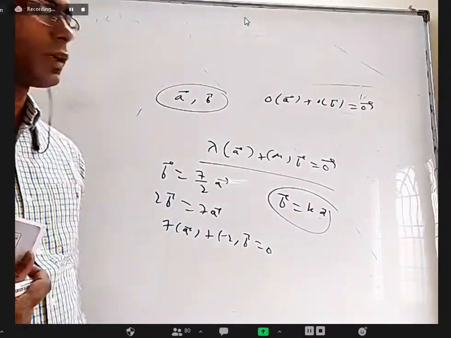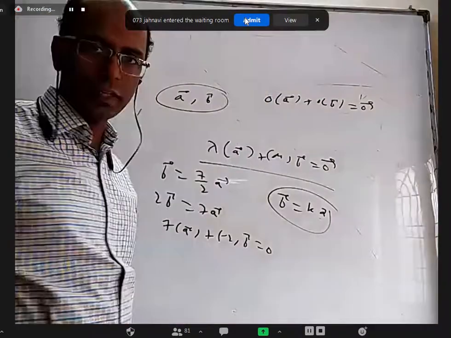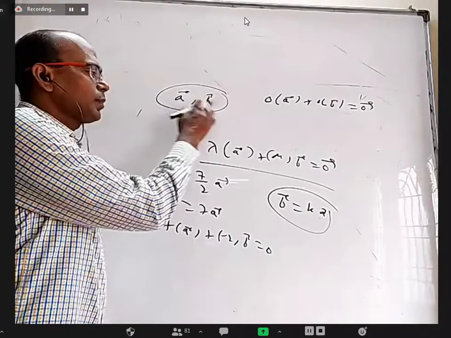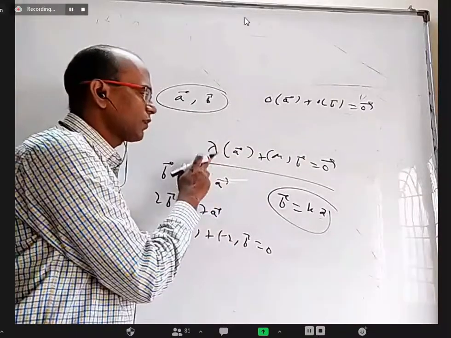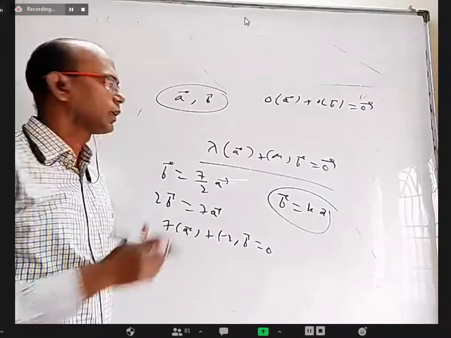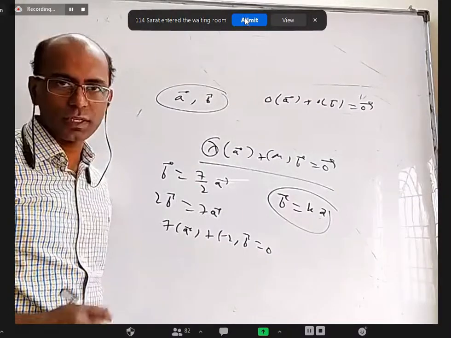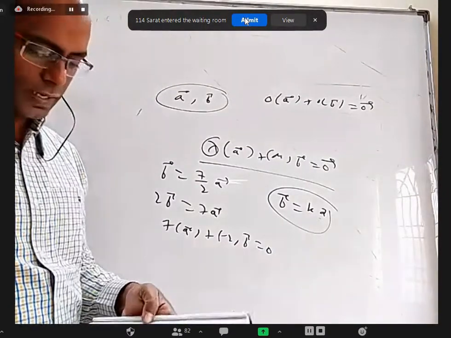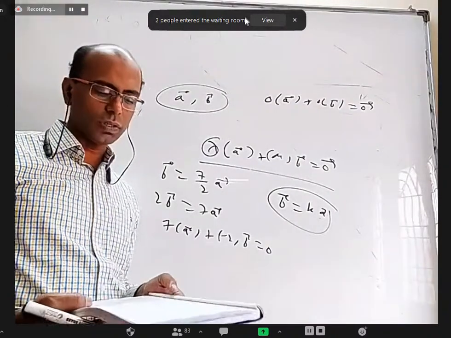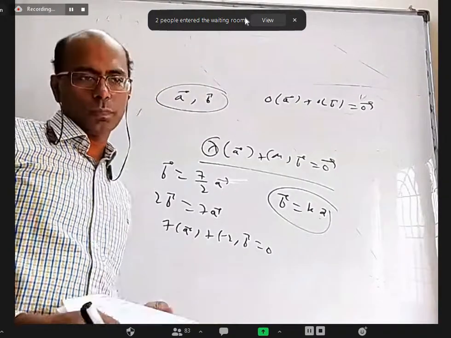Yes, sir. From that I cannot say A and B are parallel vectors. Even if they are not parallel also, it is correct, right? Yes, sir. We cannot. So, if A bar and B bar are parallel vectors, we can identify lambda and mu in such a way that lambda A bar plus mu B bar is 0. But lambda may be 0, mu may be 0, but both lambda and mu cannot be 0 simultaneously. So, you can look at the third statement. Vectors A bar and B bar are collinear if and only if there exist lambda, mu belonging to R with at least one of them non-zero.